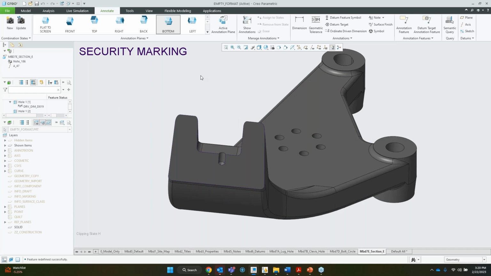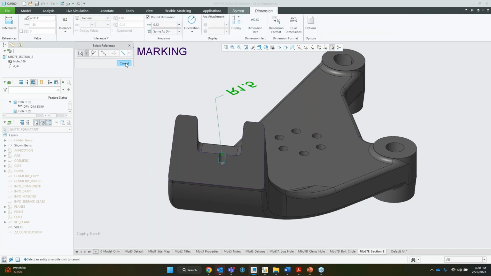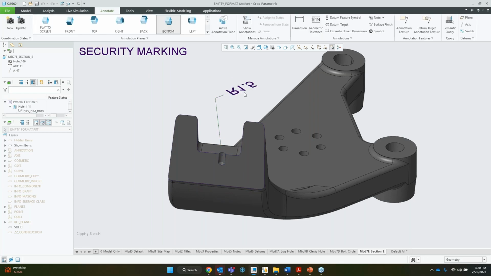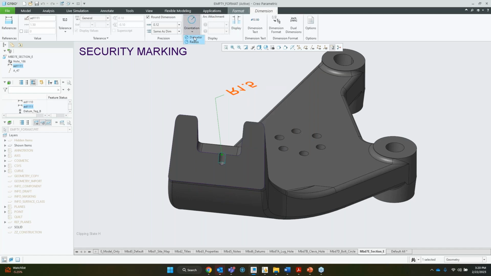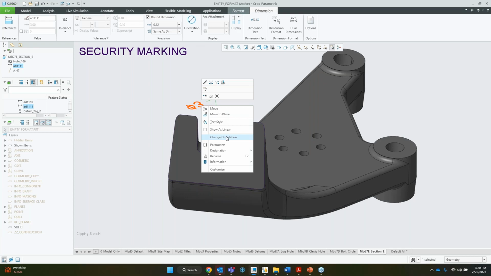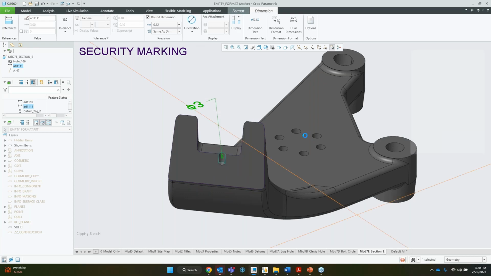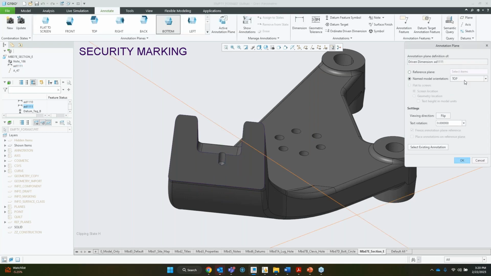So let's say again I go ahead and hit a dimension and I tag this here. Make sure that this is somewhere placed here, and again get some of this information changed so that it's diameter, and in case I need the orientation to be changed, maybe it needs to be on the top or the bottom, I can go ahead and do that